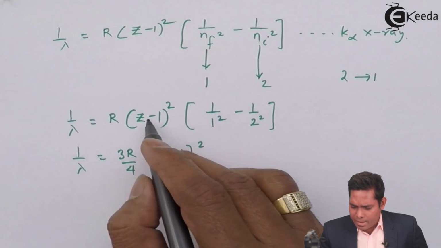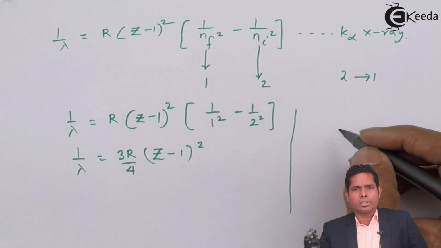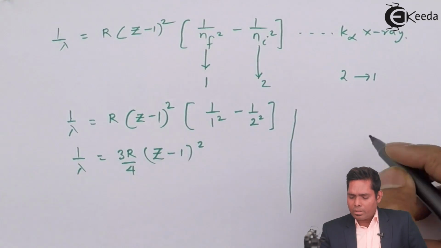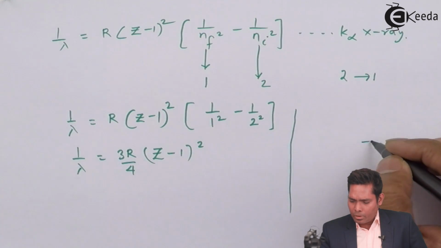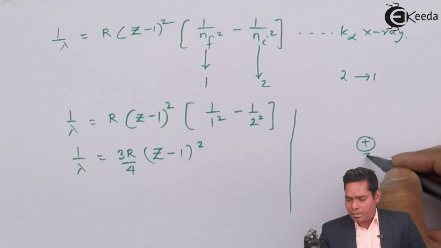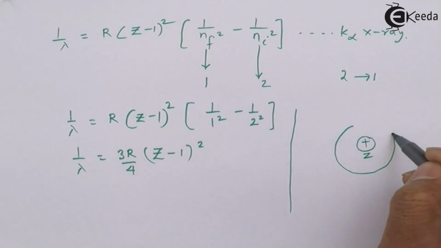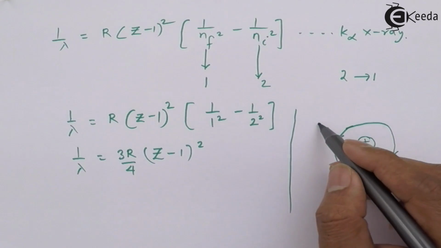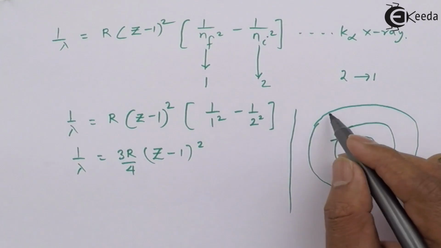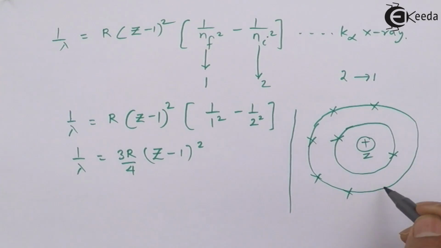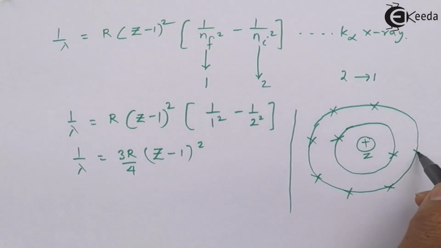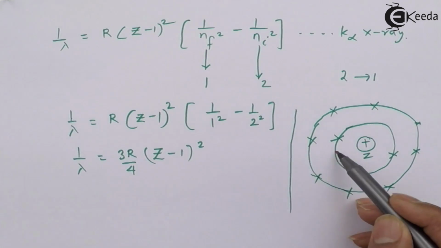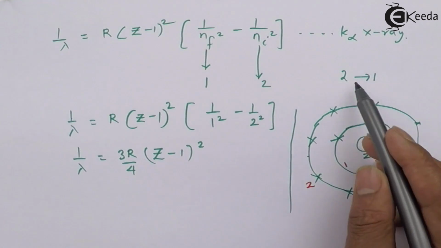Now, why is it Z minus 1? Let us discuss that too. Suppose I think of any atomic number: I have a nucleus here which contains Z protons, and there is a first orbit containing 2 electrons revolving, and the outer one having as many as you want, and 8 electrons in the next orbit and so on. Now the thing is that when the transition is happening from the second orbit to the first, 2 to 1,